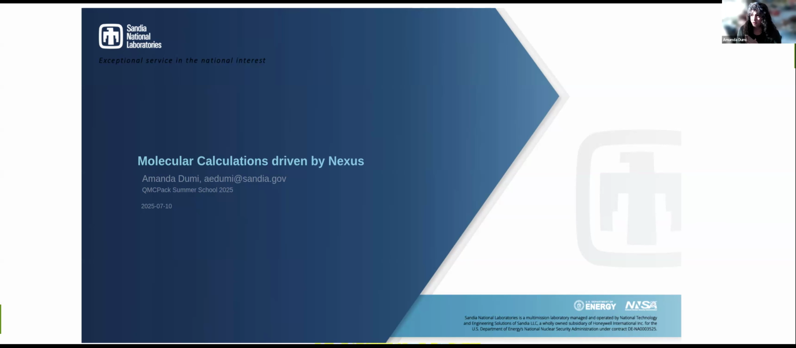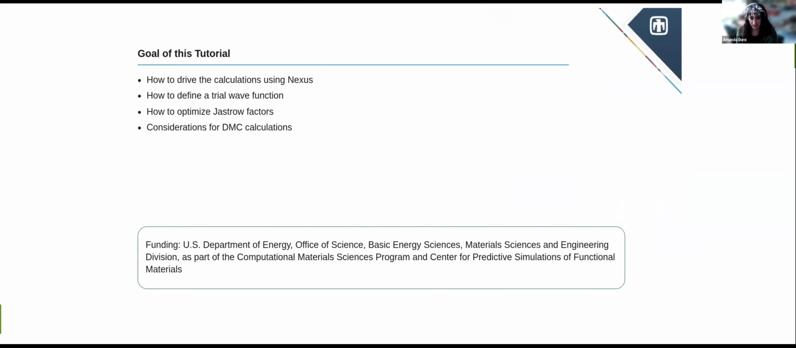Given what Jaren had discussed on Tuesday about the statistics, I'm going to take that information and that groundwork and try to show you how you would actually set those up and probe those statistics in your own calculations. And so the goals for today are, of course, how to drive calculations using Nexus, but